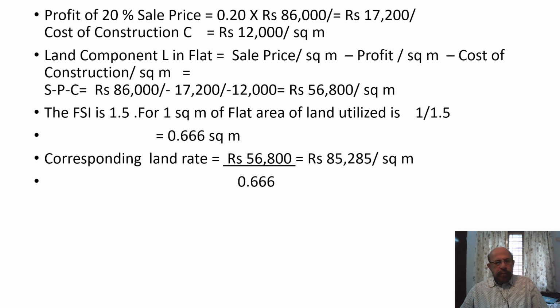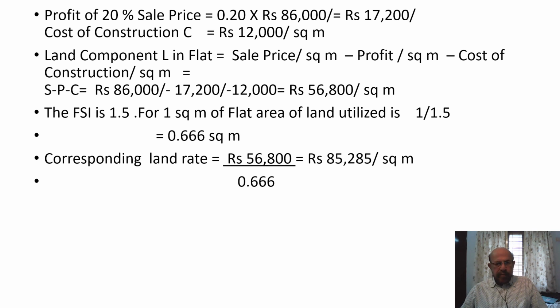Profit, 20% of sale price, is equal to 0.2 into rupees 86,000, which is equal to rupees 17,200. Cost of construction C is equal to rupees 12,000 per square meter. Land component L in flat is equal to sale price per square meter minus profit per square meter minus cost of construction per square meter. S minus P minus C is equal to rupees 86,000 minus rupees 17,200 minus 12,000 is equal to